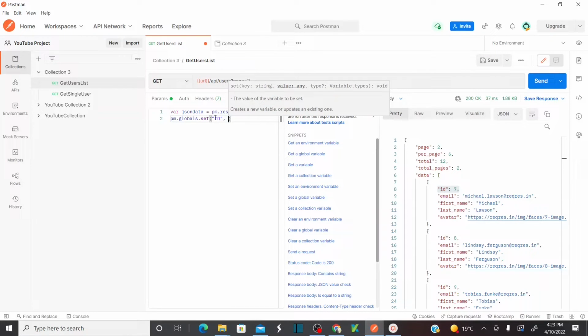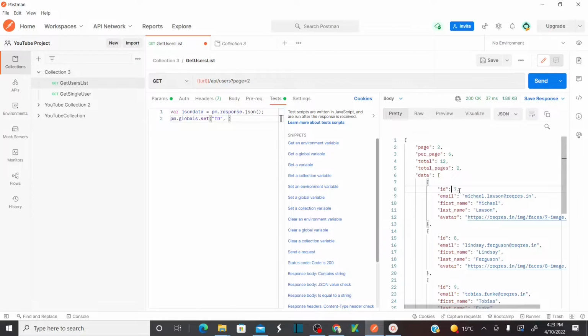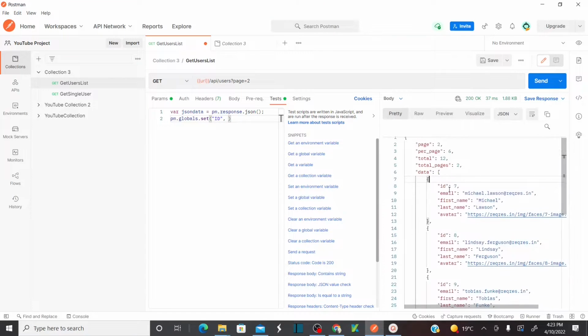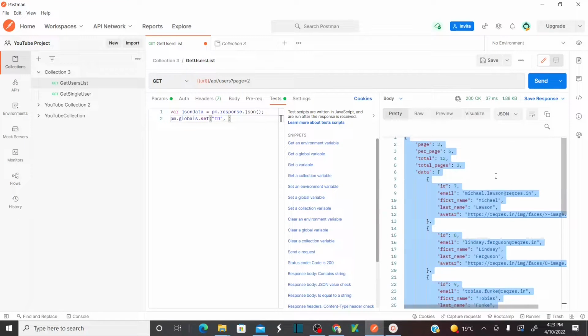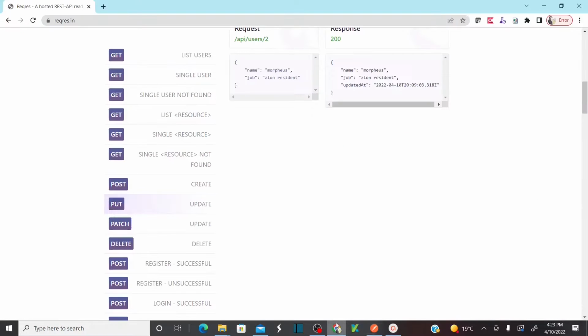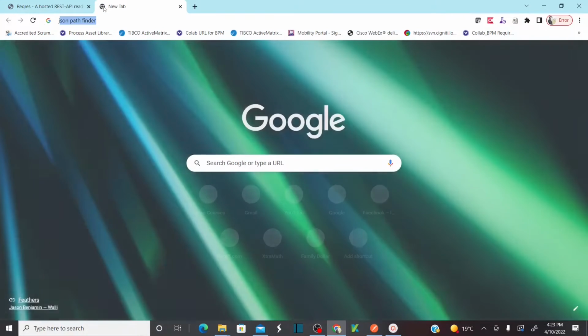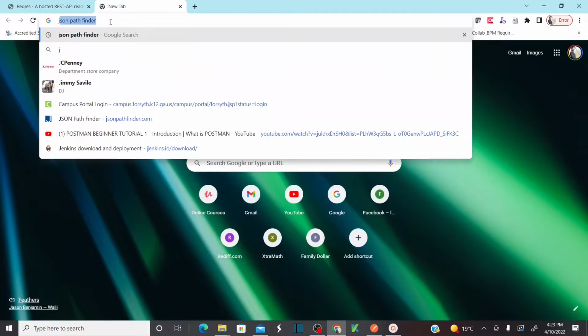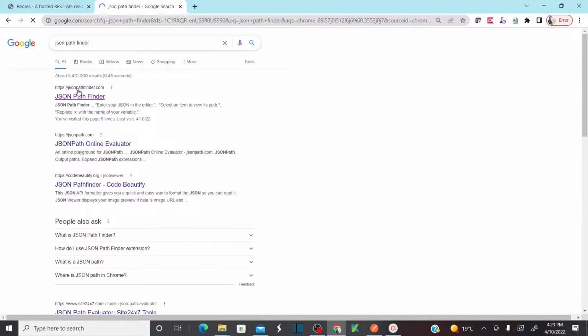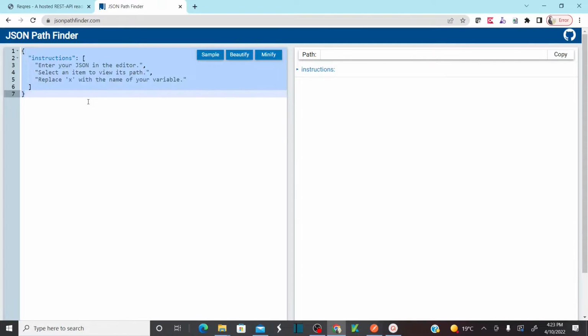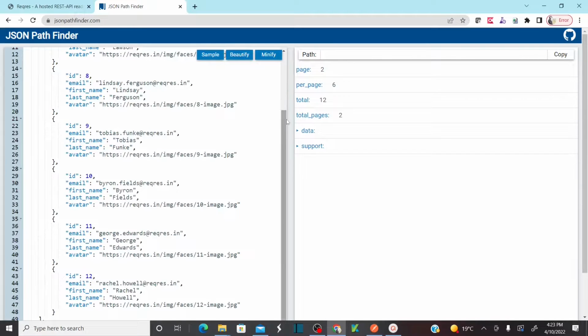And what is the value that I want to store? I want to store the value of ID. This is my JSON path, correct? So how can I get the JSON path of this ID? Simple. You copy this response, go to Chrome browser, and type JSON path finder. So this is jsonpathfinder.com. Open this and paste the entire response here,